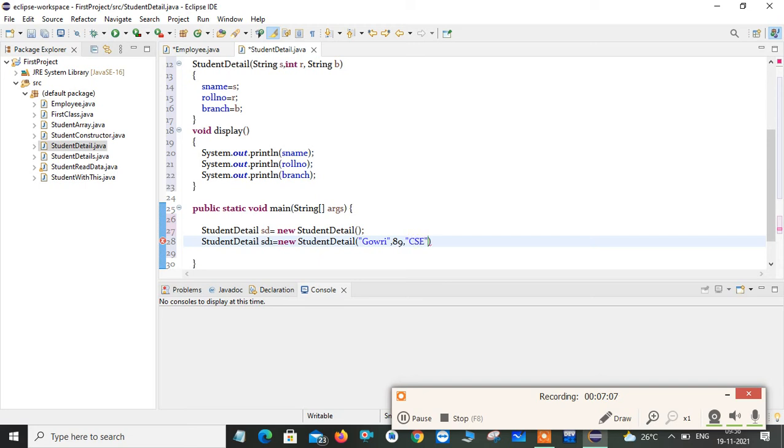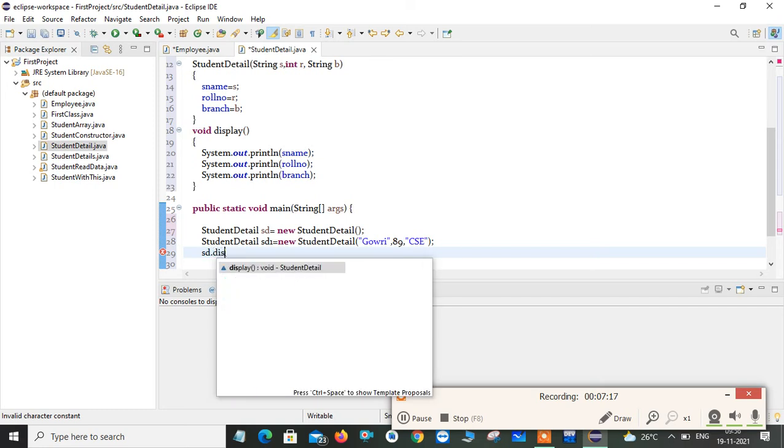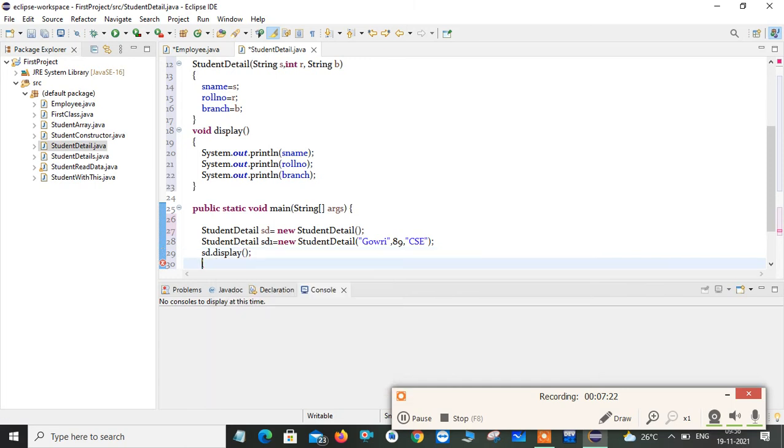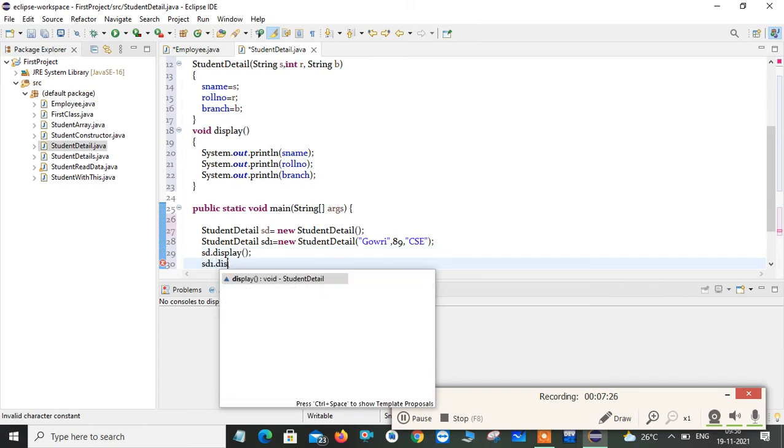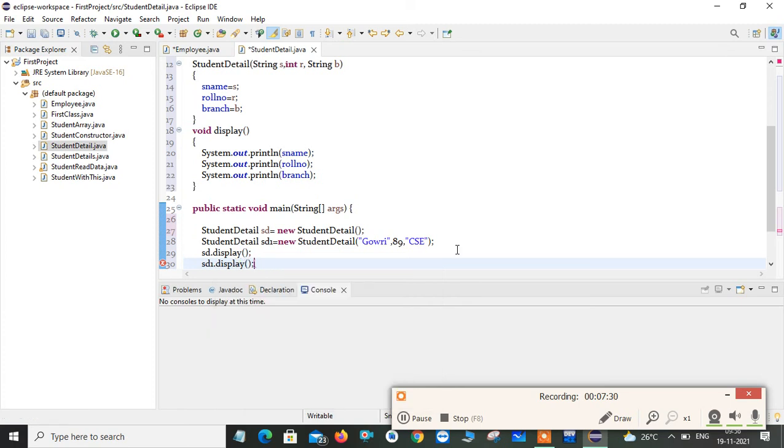I will give the branch as CSC, then semicolon. After that I use my objects to call the display method: sd.display(); and sd1.display();